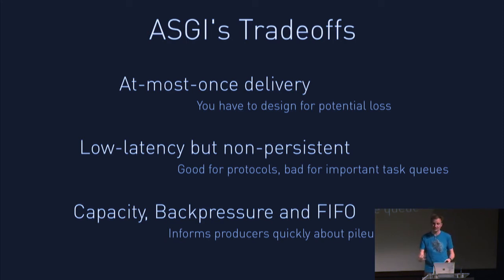So for example, if Daphne sees back pressure, it sees the channel is full, it says, oh, well, the servers are busy, and gives you a 503 error back to the client. So you know, okay, there's server problems, and we've got rid of that connection. We're trying to get rid of the backlog.